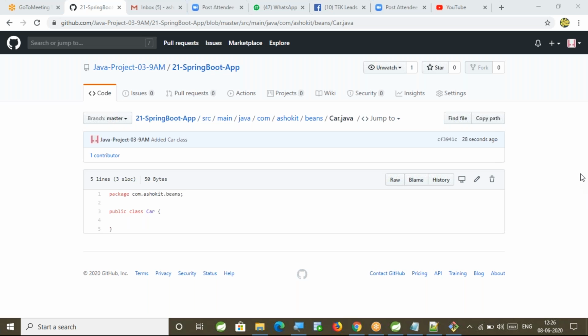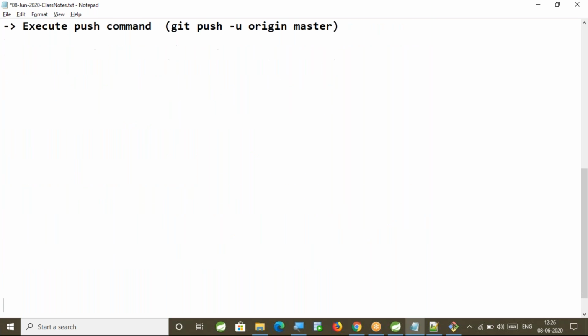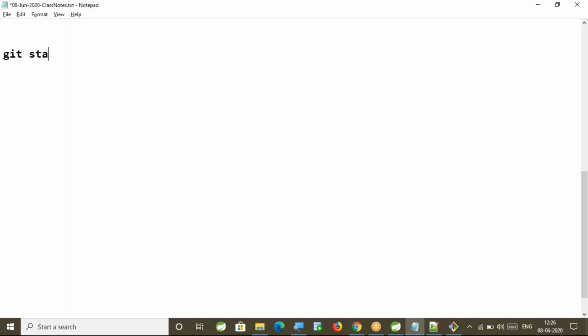Now let us try to understand a few more commands which are very important in Git. We are going to talk about a very important command called git stash.